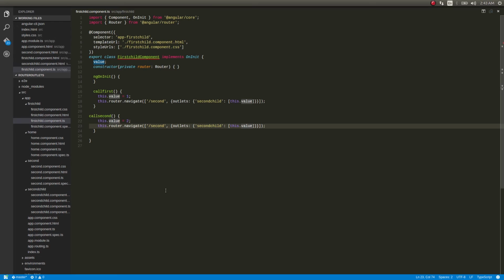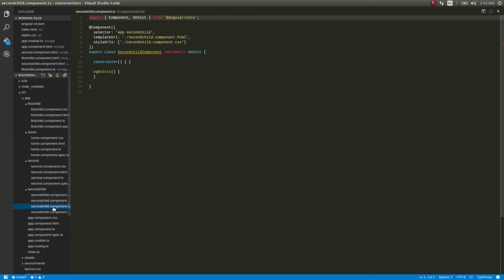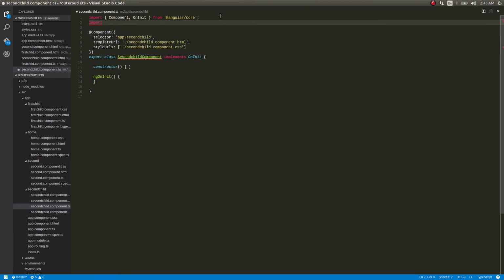So now we'll go to second child component.ts, and then we'll be reflecting the value based on the click in the first child. So what we'll be doing here is we'll modify this in order to receive that value. So now that we are navigating from the first child to the second child based on the click, we can make use of the activated route, right? You might have come across this when you watched my video on authentication in Angular 2, guys. If not, kindly watch it. It's a good video. I shouldn't promote my videos myself, but anyway,